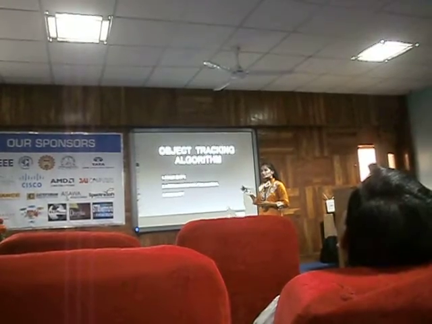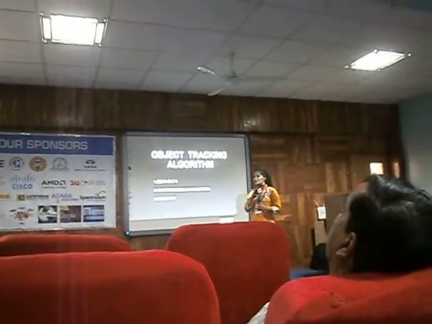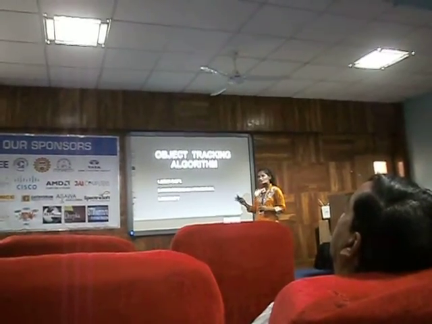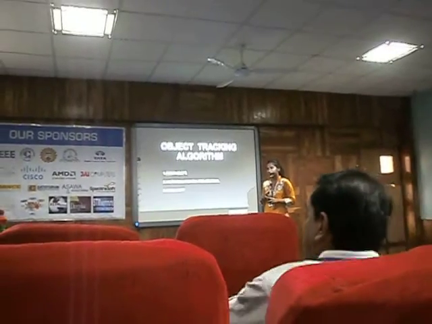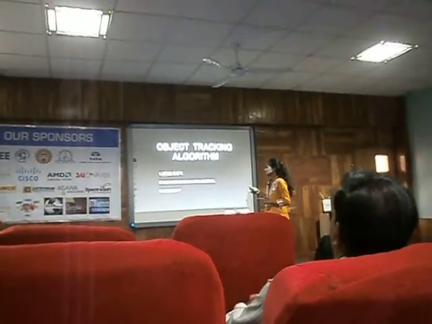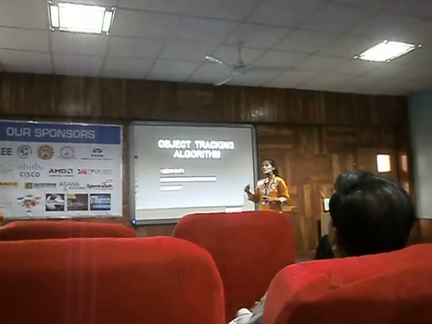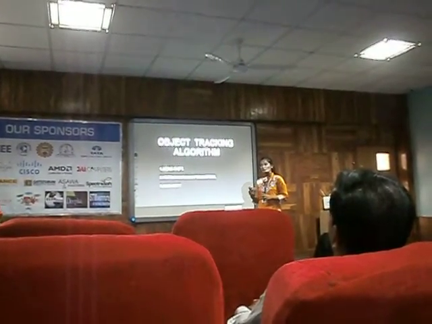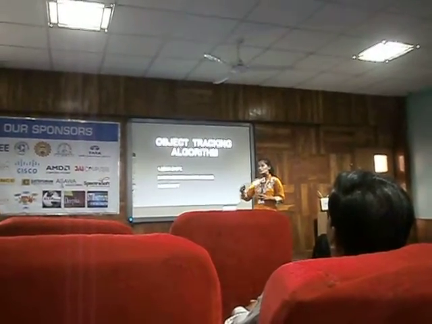For the object tracking algorithm, there are different types of algorithms. We are going to use the mean shift algorithm. In the mean shift algorithm, we convert the image into HSV, and we focus on the center of mass of the object. Accordingly, we track. In the histogram back projection, we define the histogram of that particular HSV value, extract the new values from the histogram, and track that particular image.